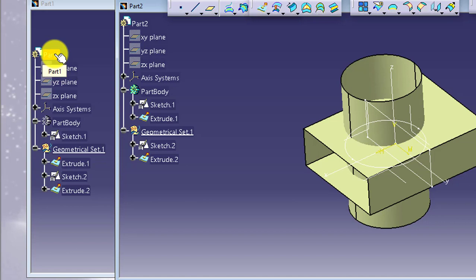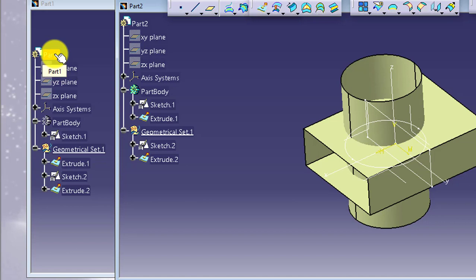So if I want to create something which is being created by a combination of environments, say part design and surface design, then I can turn on hybrid design initially, and I can work with the combination of solid and surface modeling. This is the advantage of hybrid design.